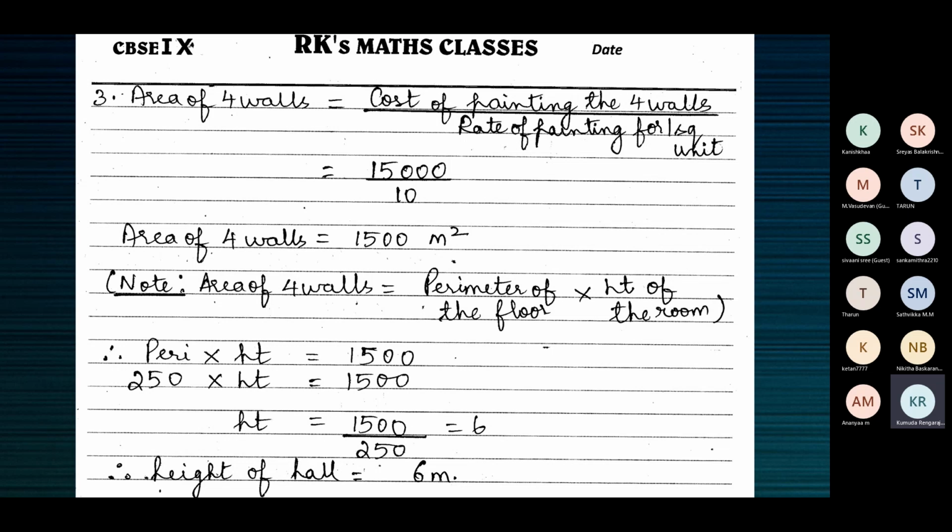Rate is for 1 unit or 1 square unit or for 1 cubic unit. While the cost depends on how much you are buying in the case of apples, and how much you are painting in the case of painting the walls and the ceiling of your room. We'll come to volume later.